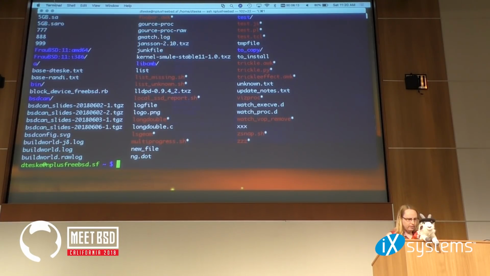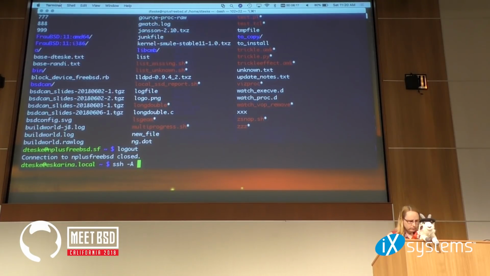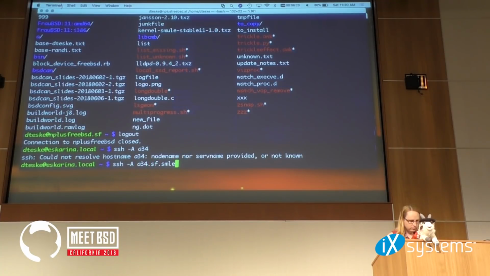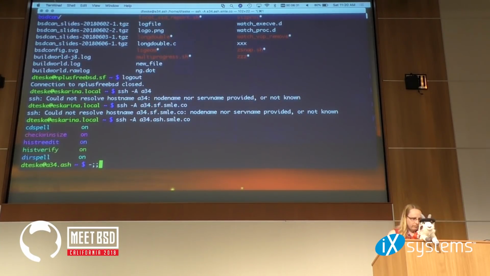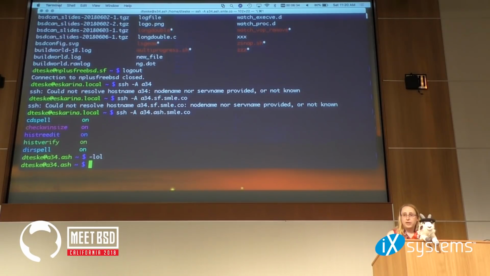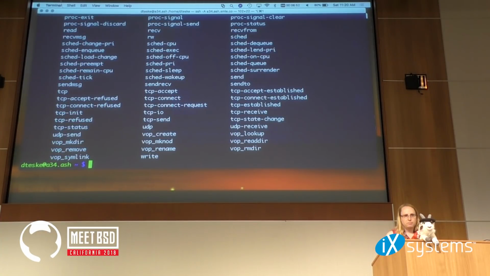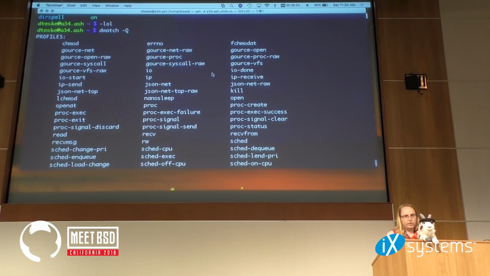But what I really want to show you today is that I've daemonized some of these processes and written over 100 different profiles for glomming out specific information that is very particular to the probe that you're watching. You can actually list the different profiles that you can enact with dwatch -q, and then dwatch -X in order to execute one of them. So if I were to say, I want to watch